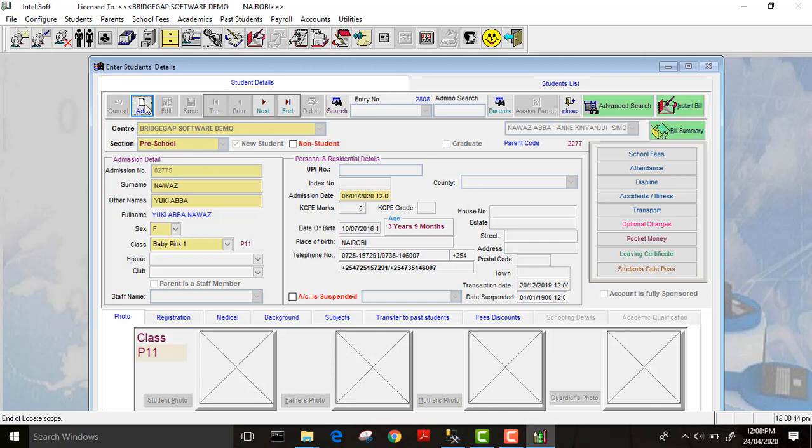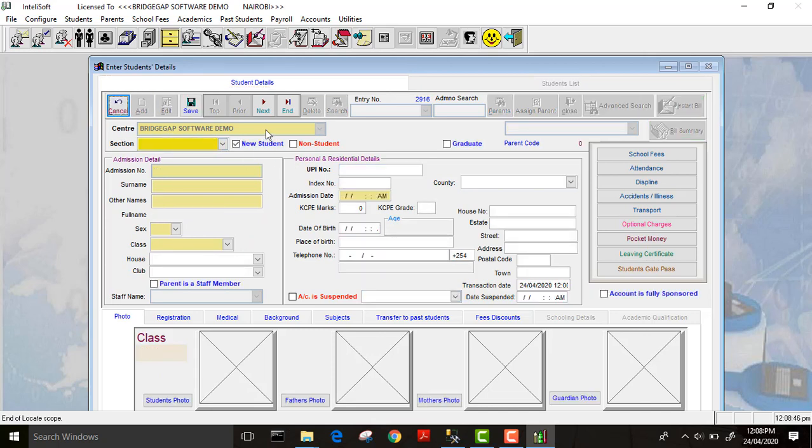We start off by adding. You can see the campus is automatically selected. Then we have section, you choose; maybe we're going to register a pupil in upper primary. Admission number. Now this one can be auto generated or you can generate it yourself. Surname, assuming our student is Molinge